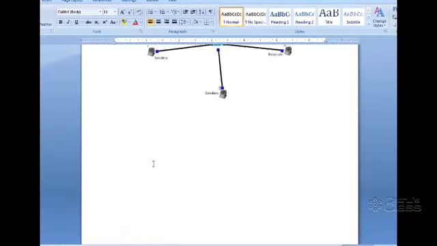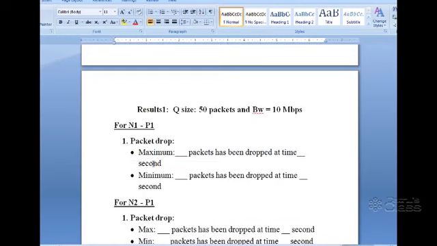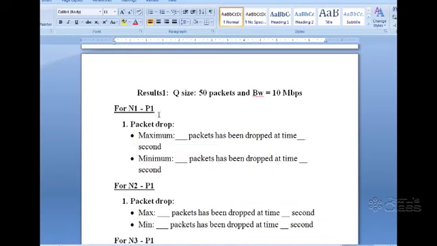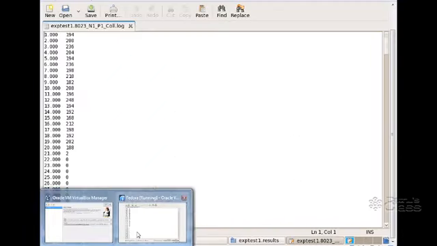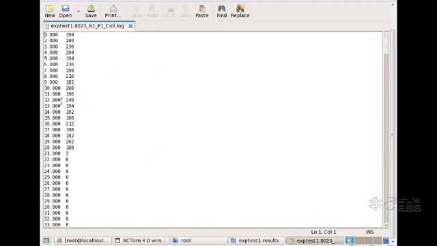This was the question, and this is the result file I have created. For result 1, I am setting my queue size as 25. I left the bandwidth as it is. The maximum packet drop from n1 to p1 was at second 12, and it was 248.